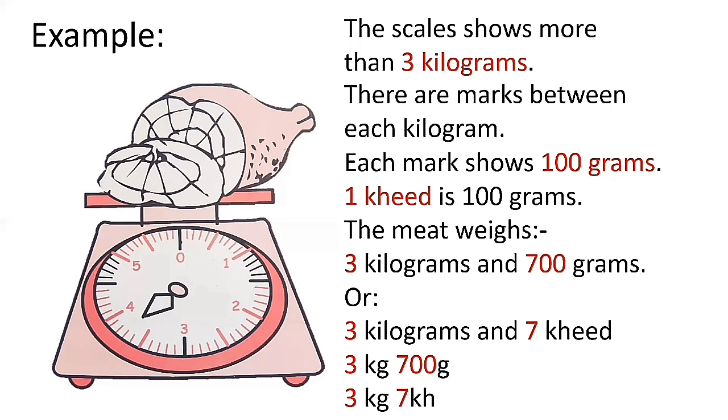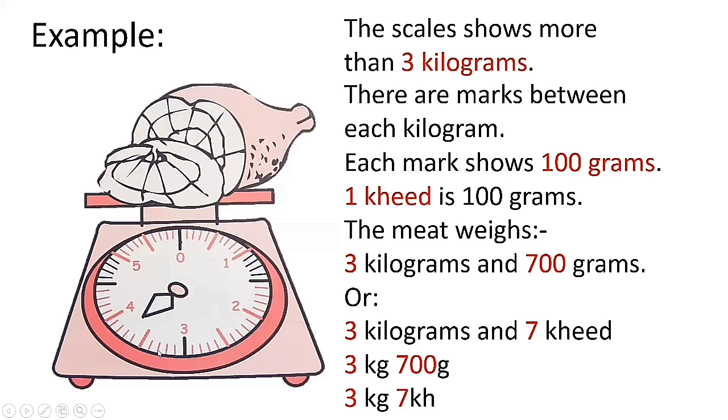Because as you notice here, that is already 3 kilograms, and then as you can see, the arrow is going to the next. So if you are going to count